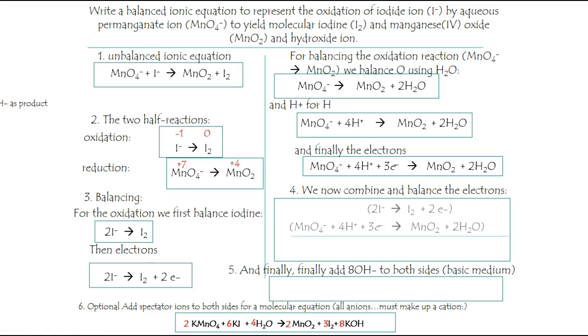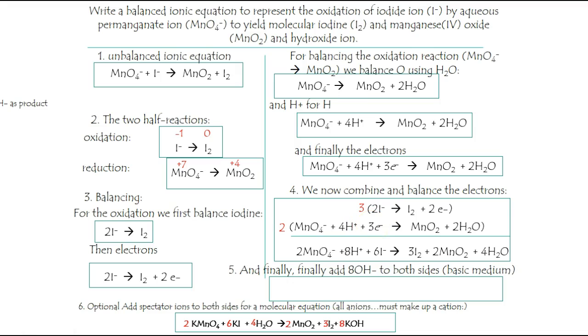Write them both down and add them up. And before we do, let's balance the electrons because look, 3 electrons here and 2 there. We better triple everything here and double everything there to give us 6 electrons that will cancel out. So this gets multiplied by 3, that times 2. And normally when you do these, if you just try to keep track of that is 6, that is 6, that is 6, and cancel terms,